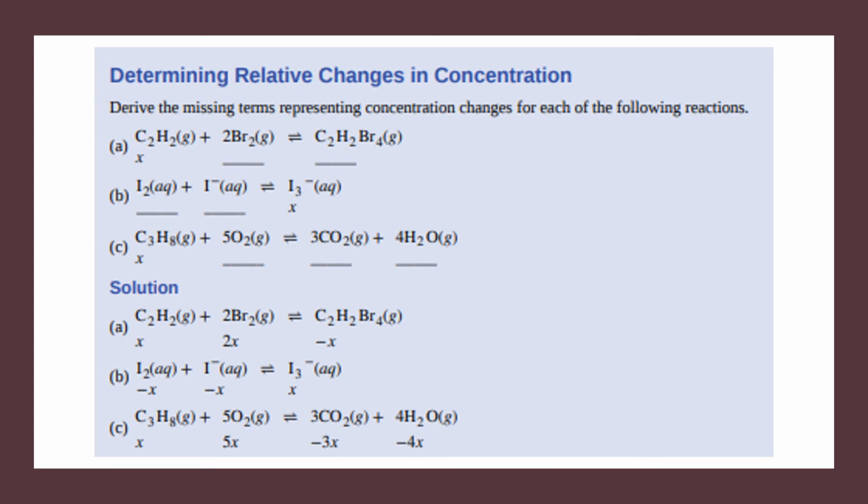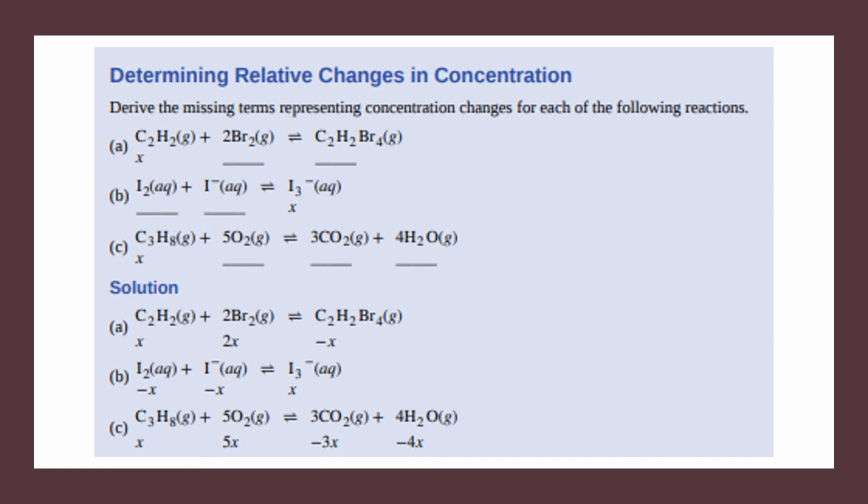Next, determining a relative change in concentration. Derive the missing terms representing concentration changes for each of the following reactions. The first reaction they gave you was C2H2 plus 2Br2 will give you C2H2Br4. So how are you going to write the missing terms